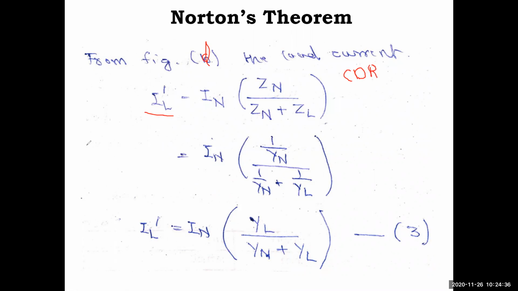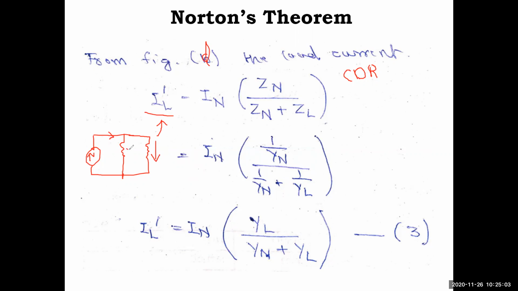The current division rule is simple, right? Because you have one current source, IN, and you have two impedances in parallel, one is ZTH and another is ZL. So you have to find the current in this branch, which is IL dash. This IL dash is equal to the total current IN coming to this node, times